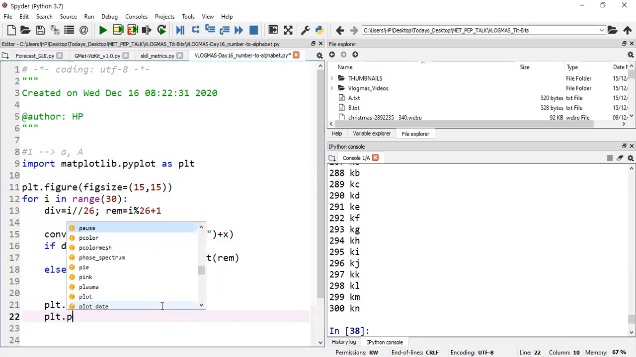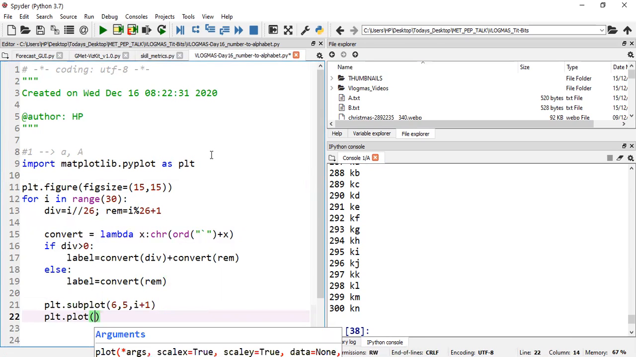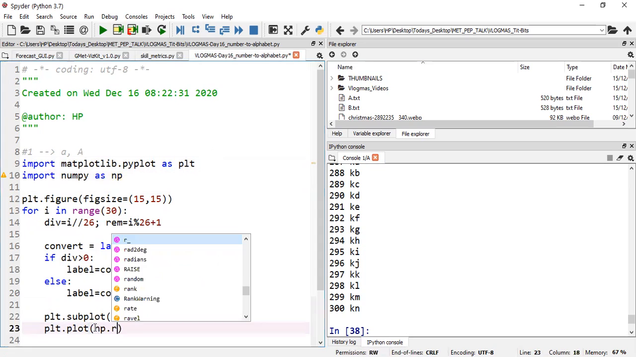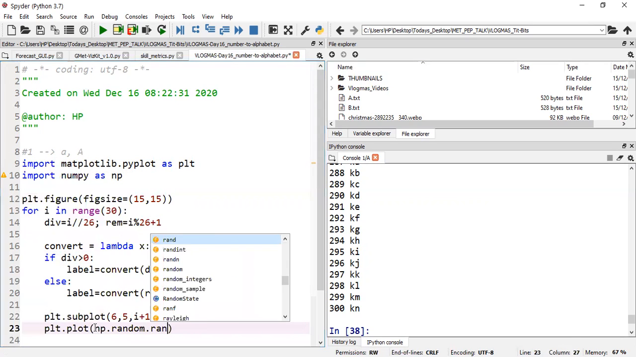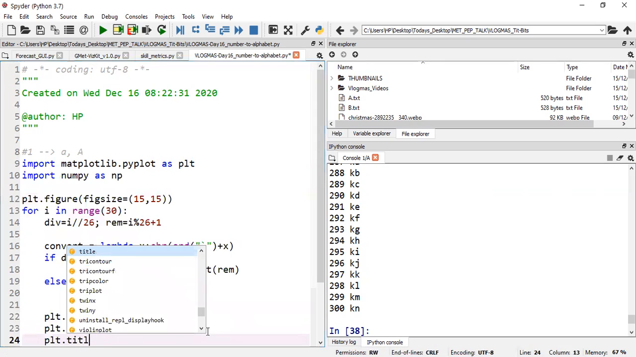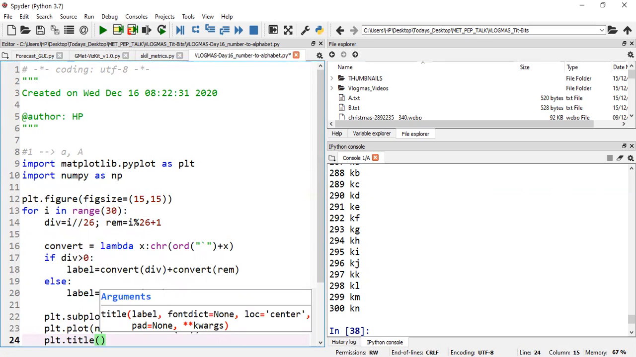So we have plt.plot. Let's just plot, okay, let's import numpy first. Import numpy as np. Now what we are doing in each case is to plot np.random.rand, just any random number, say 20 random numbers, all right? And then when we are done, we'll fix a title. So plt.title, and then in place of the title, we are going to pass the label, so that each panel will have its own label. So if I run this,